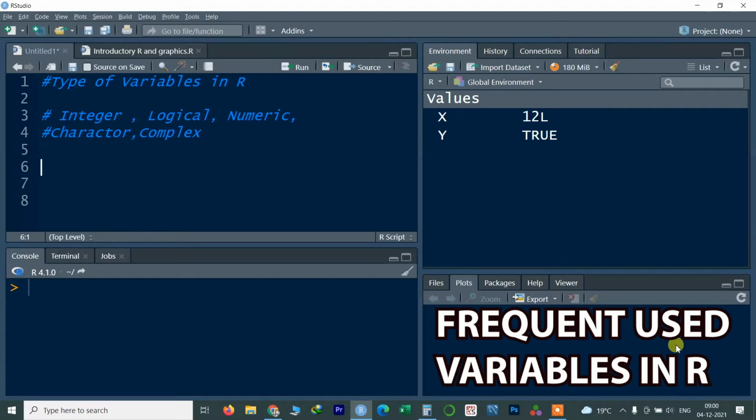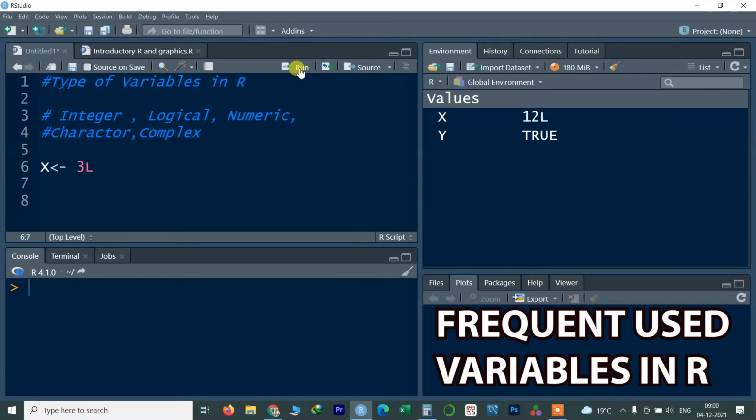An integer is like a number. In R, let's check what an integer is and how we can check the class of an integer. For example, I am storing one variable called x, and you give this arrow, which is like a shooting arrow. If I put any value, for example 3, I have to write L, and then give the run button.